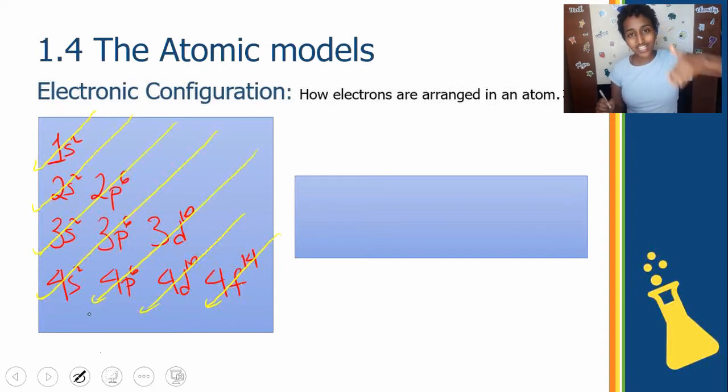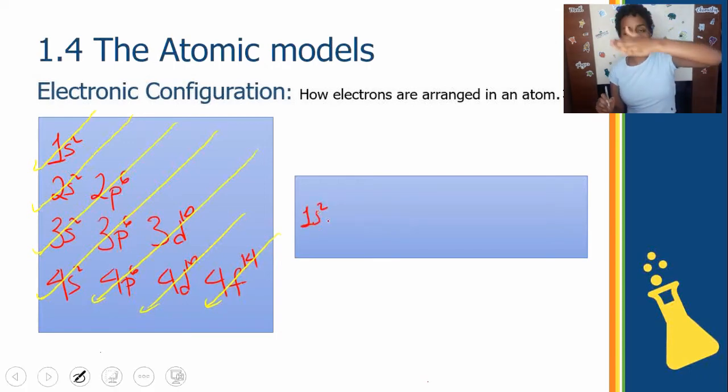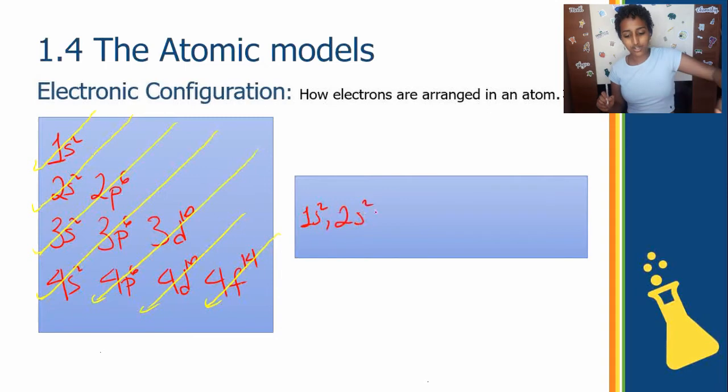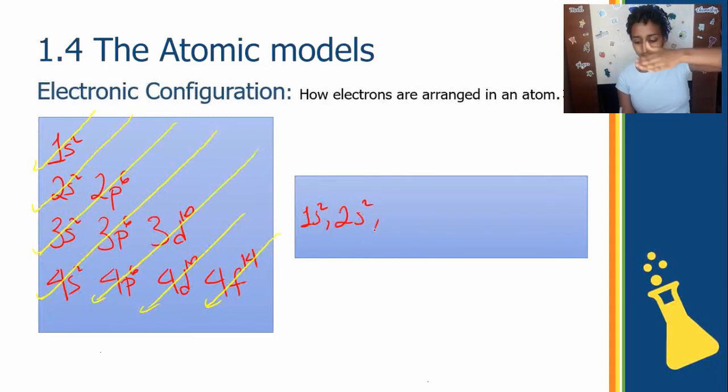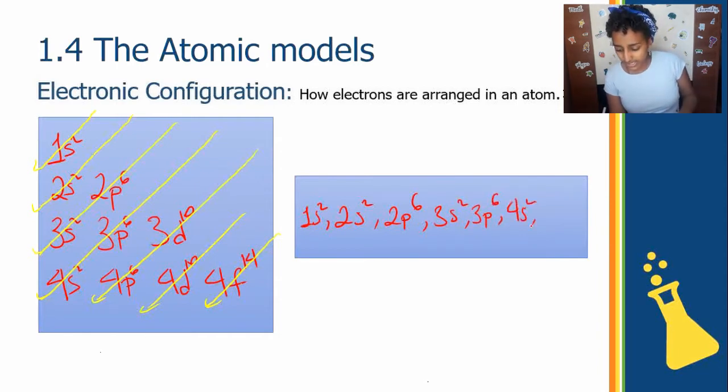Let's look at what each of these diagonal lines cross. The first thing that the first diagonal line crosses is 1s2. Does it cross anything else? No, it doesn't. So let's go to the next diagonal line. The next diagonal line crosses 2s2. Anything else? No. Let's look at the third diagonal line. It first crosses 2p6, and then it crosses 3s2. Next, the fourth diagonal line first crosses 3p6, and then it crosses 4s2, and it just goes on and on like that. 3d10, I don't have much room, but it goes on and on like that.